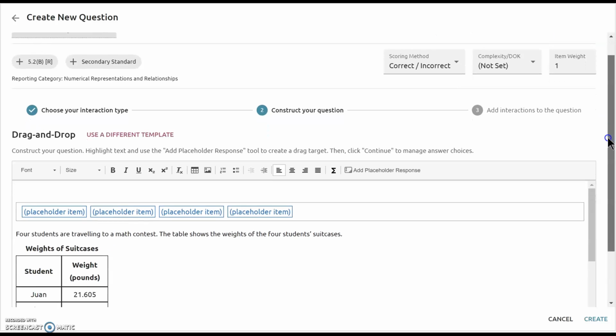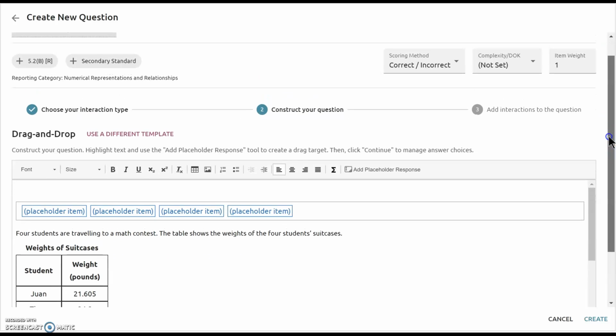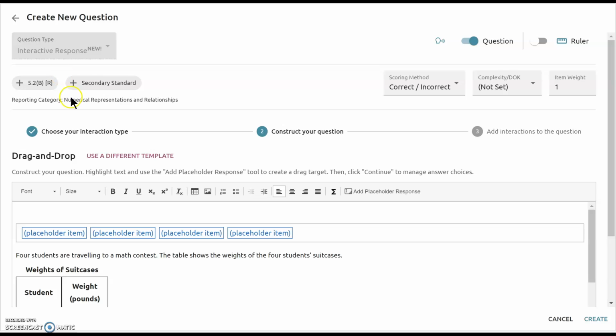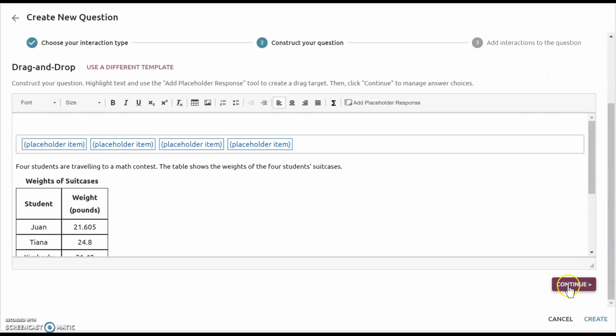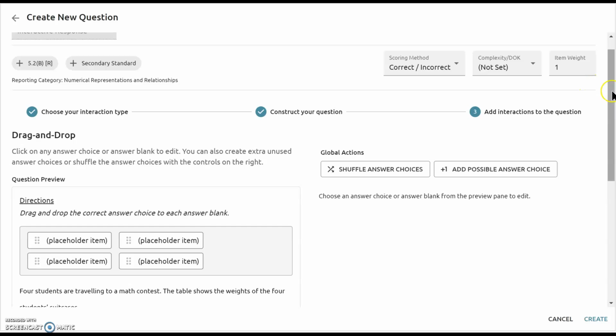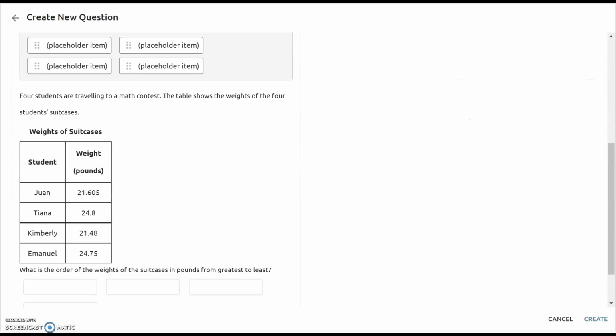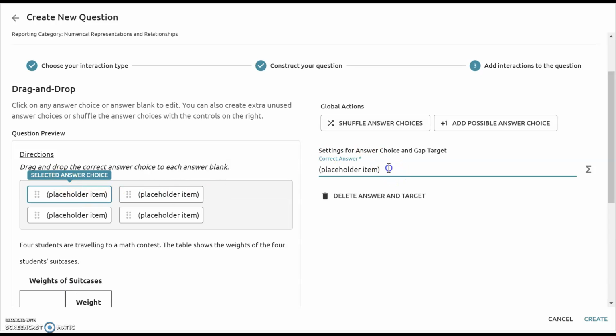So now that we have checked our scoring method, we have attached our TEK, and in this video, I'm not going to discuss complexity or item weight. We're going to go down here and click continue. And this is where we will type in our information. So what it's going to do is you have to type in the numbers in the actual order that the answers are. So in first place, the greatest is